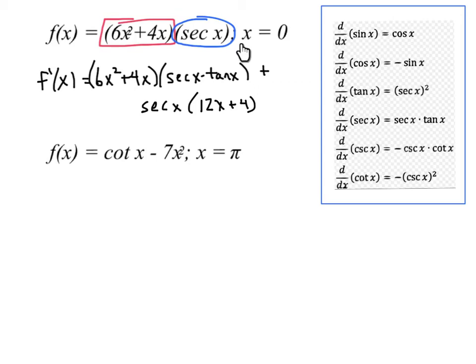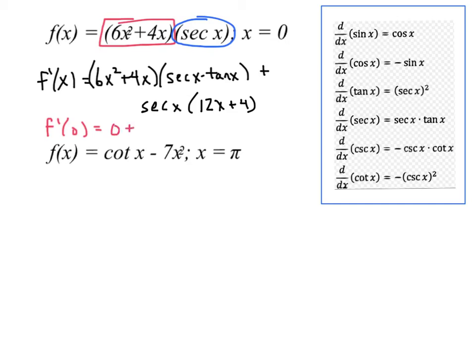Now I had put up here that, if we wanted to evaluate it at 0, of course we'd just do f prime of 0, plug in 0 everywhere. Of course, 6 times 0 squared plus 4 times 0 is 0. So this whole thing is 0. And actually the tangent of 0 is 0 as well, so it's 0 times 0, which is 0,